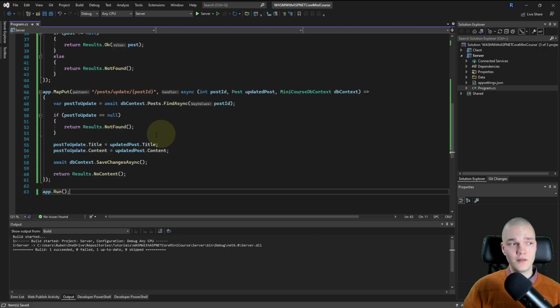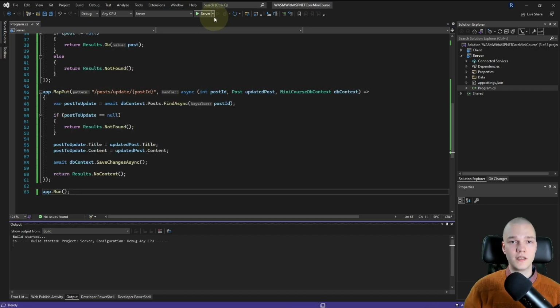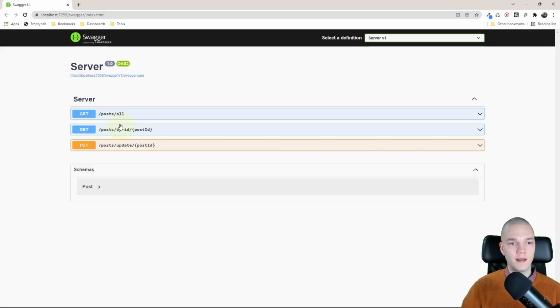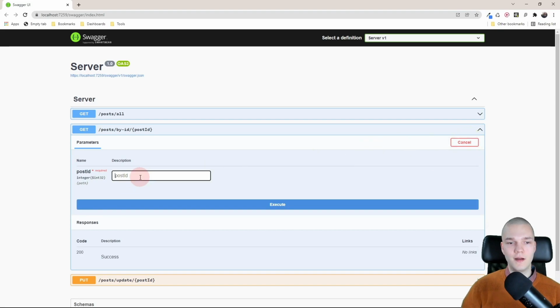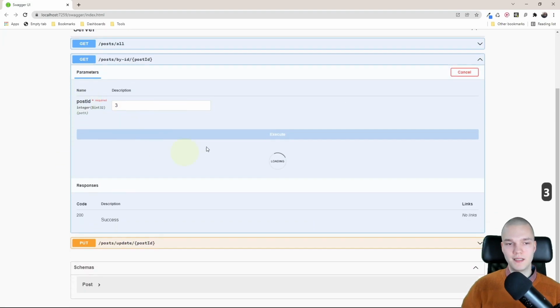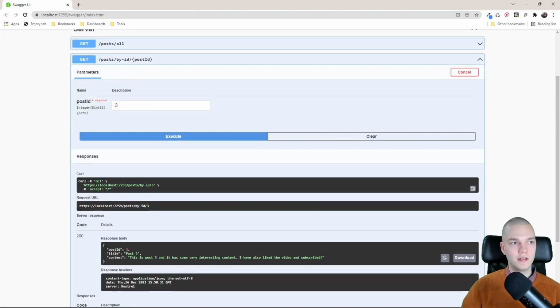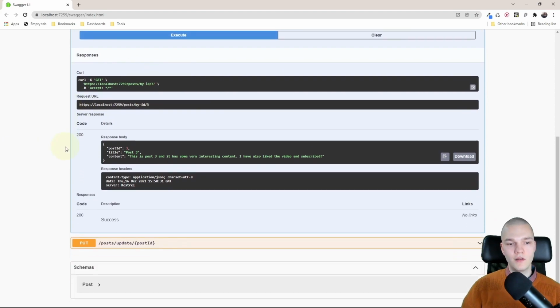All right, so let's test these out. So I'll start without debugging again. Then I want to expand this post/byId endpoint and try it out. So I'll just pass in 3 and execute. And there we go, we get a 200 OK response back with the post as JSON in the body.